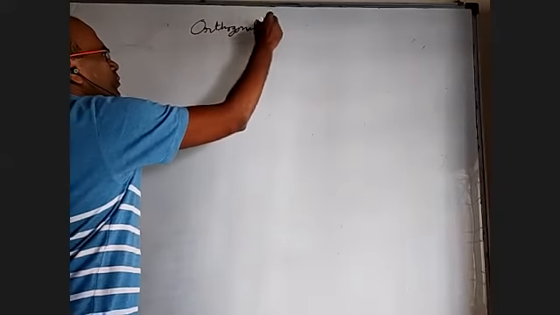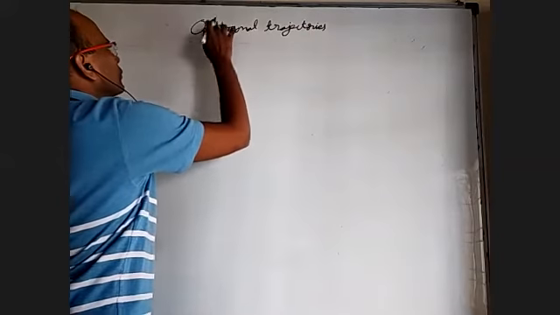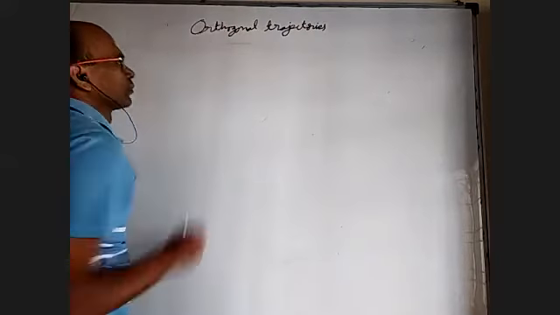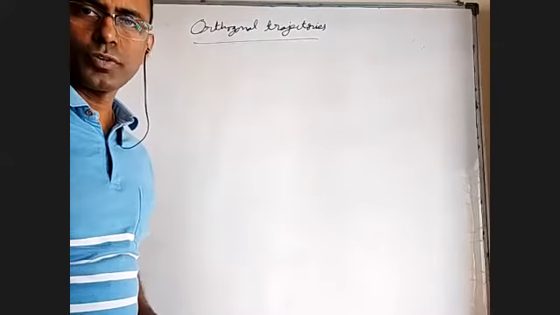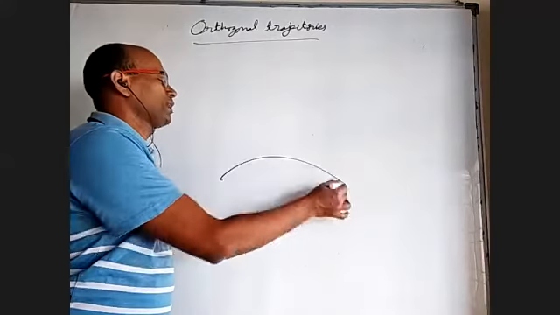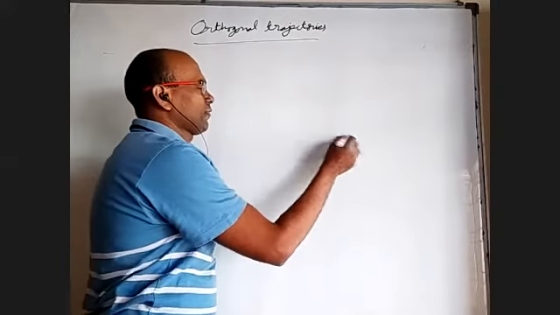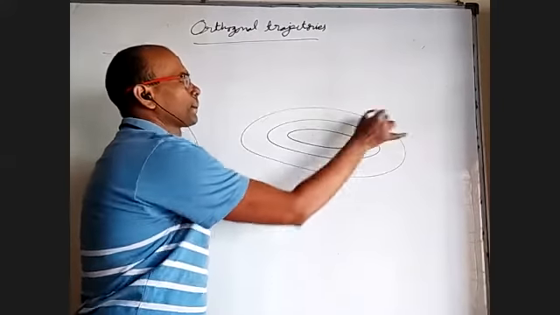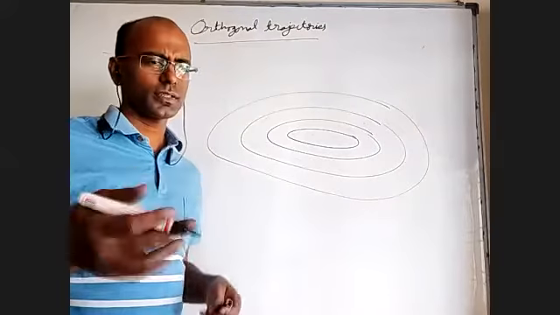Okay, what is this topic? Orthogonal trajectories. What is a trajectory? Of course, a trajectory is a path, of some moving object. Okay, but what is an orthogonal trajectory? Let us say I have a family of curves, let's say parabolas or circles or something like that. Okay, let's say I have ellipses, a family of ellipses. Maybe they all have the same eccentricity or the same ratio of major and minor axis or something of that sort.